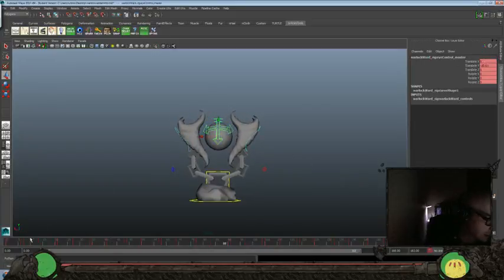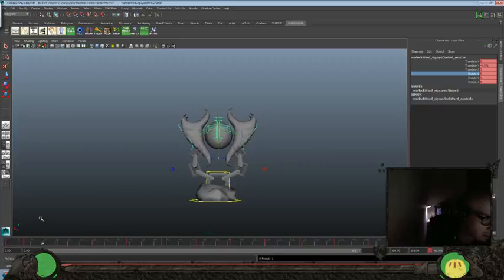Alright, now let's go ahead and add a little bit of rotate, up and back, up and back. And we might not be able to do as much here. I wanted to do a little more on the ball, but I forgot that they were tagged to it, so I might have to build